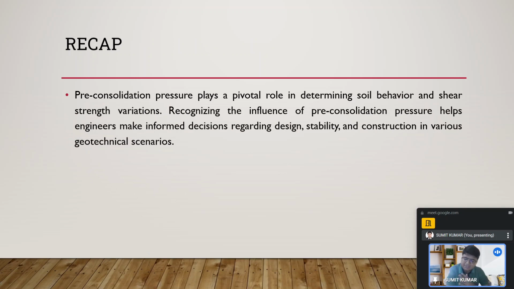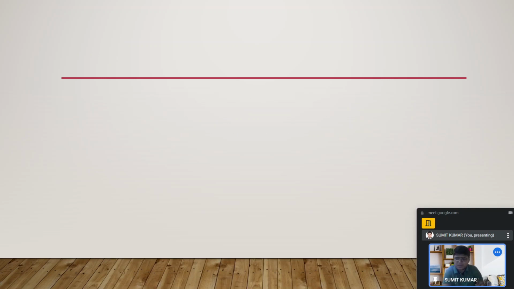Afterward, again we take a quick summary of these sections. The pre-consolidation pressure plays a pivotal role in determining the soil behavior and the shear strength variations. Recognizing the influence of the pre-consolidation pressure helps engineers make informed decisions regarding the stability and the construction in the various geotechnical scenarios. Moving ahead,